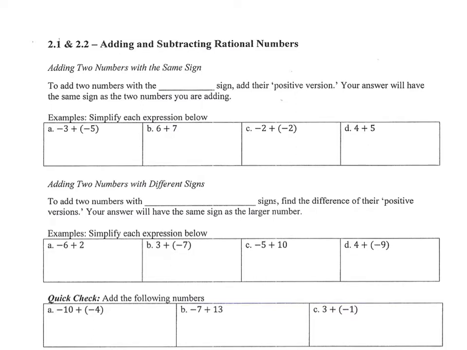When you add two numbers with the same sign, what you just do is add their positive version. So same sign would be like if you're adding a negative plus a negative, or you're adding a positive plus a positive. So when you add two numbers with the same sign,